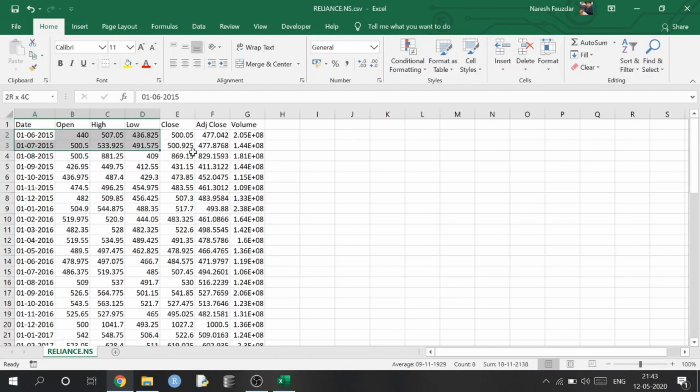Here you can see I have all the data for the last 5 years. Now you can do whatever analysis you want to do with this. You have the open, high, low, close, adjusted close, and even the volume with you in an Excel file.